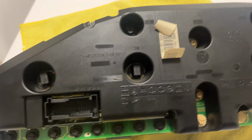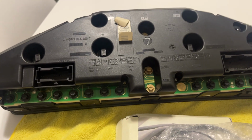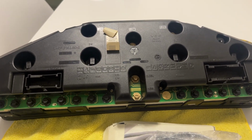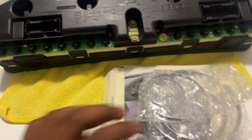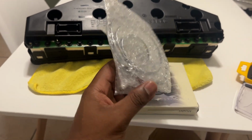And once that's out and these tabs have been removed with all of the graphics for the error lights, we can then pry them apart by using these tabs very gently. Of course, this is 30-year-old plastic more or less, so best to be gentle. So we'll do that, and then these rings should snap on in. I have seen some rings that are glue-in, but those just seem a lot more complicated, and these snap-in ones